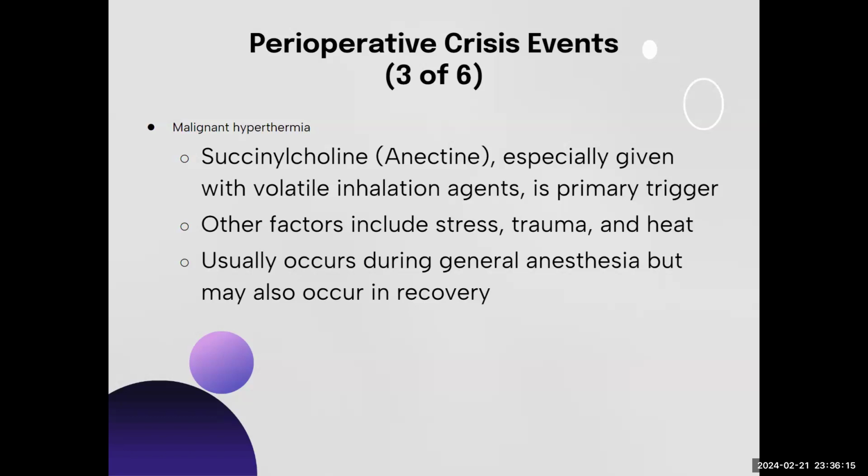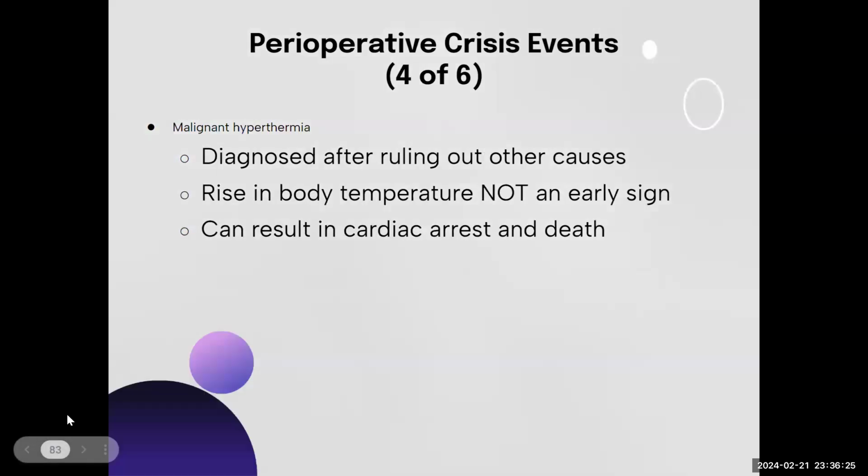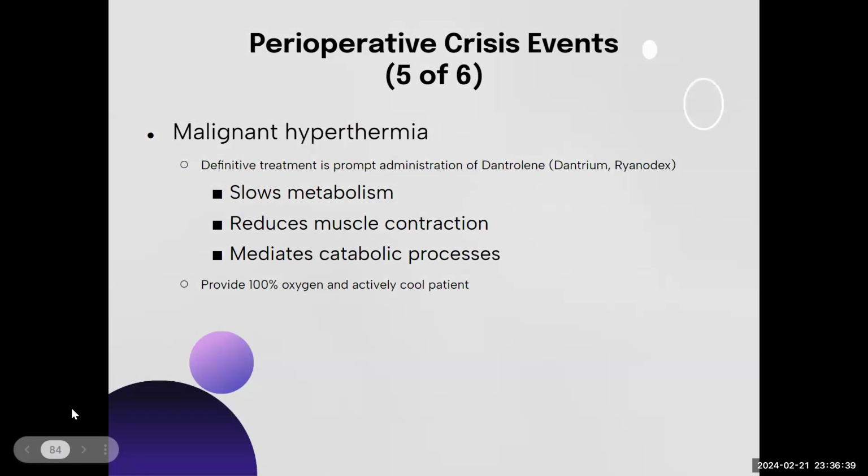It could happen in recovery, so we should be looking for it post-op, but it usually happens in the OR with the general anesthesia. And it's diagnosed after ruling out other causes. The body temperature rising is not actually an early sign, it's a late sign, but it is a very dangerous situation. And so we'll give dantrolene, which will reduce the muscle contractions, and then 100% oxygen and actively cool